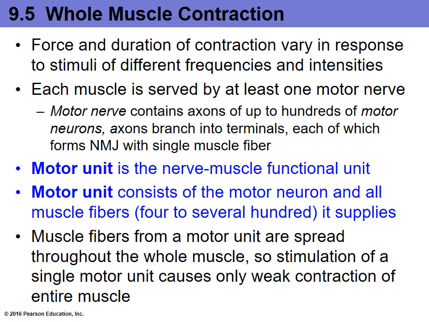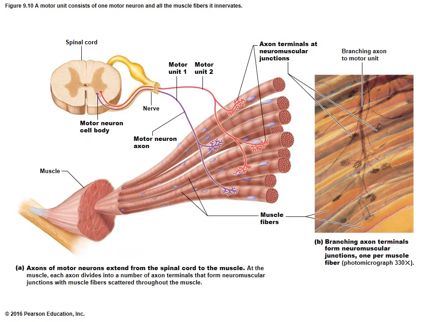And also what we see happening is that it will consist of all of your motor neurons as well as the fibers that it will supply. A motor unit can supply a few or several hundred muscle fibers. It all depends on the overall size of the muscle as well as the contractile strength that you're trying to generate from that location. So here, for instance, in our illustration, we see we have a cross-section of the spinal